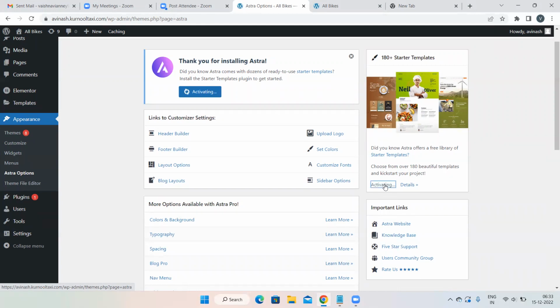What is the meaning of install importer plugin? What all the themes Astra is providing, all those themes will be installed. That is the meaning of install importer plugin. All those themes will be activated. All the 180 plus themes which Astra provides. So the moment you click on install importer plugin,